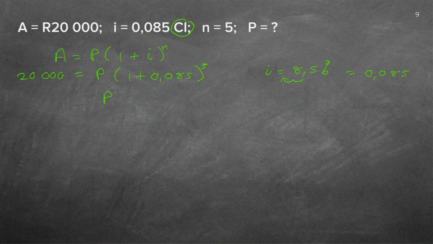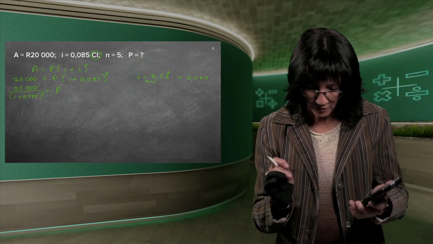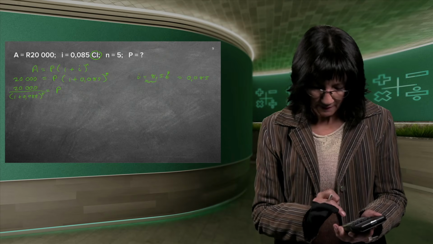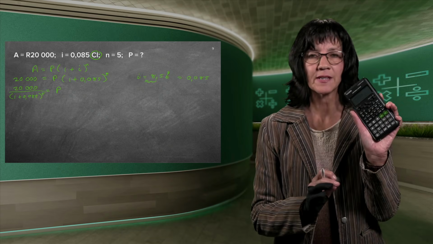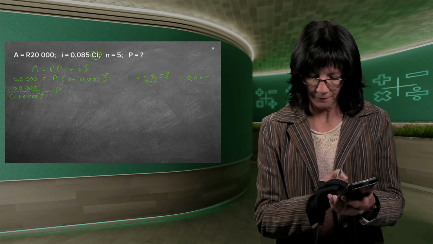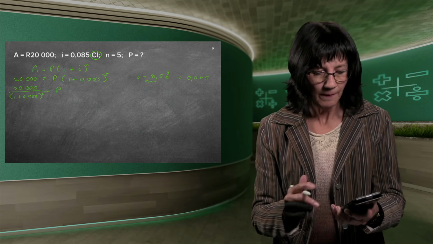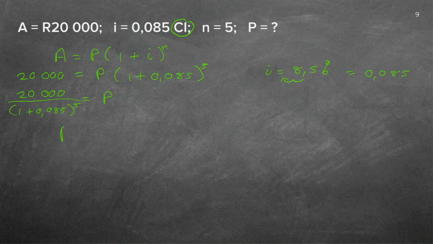But now I want the P all alone. So I don't want that with the P. That is being multiplied to the P. So I need to divide that whole fat thing, 0.085 to the power of 5. And if I do that on my calculator, I'm going to use the fraction button. So I'm going to put the 20,000 on top. I'm going to go down with my cursor, bracket 1 plus 0.085, close the bracket, to the power of, is that x with a little block on top, to the power of 5 equals, and I get P is equal to